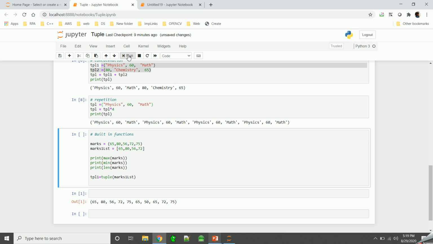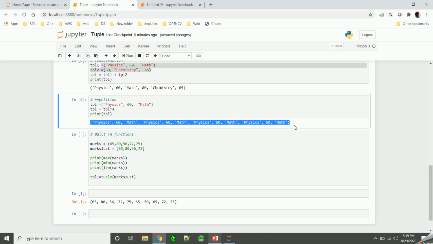Let's run it again, and now we have the value printed multiple times, that is 4 times. Basically the contents of the tuple are repeated 4 times. So this is called repetition, that is you want to repeat the same value multiple times.